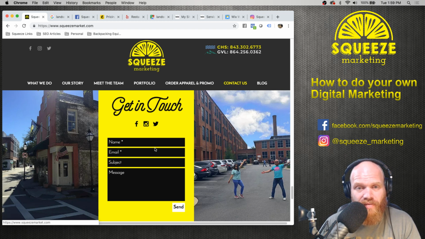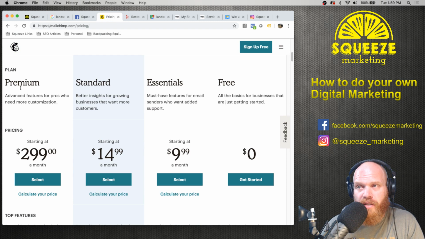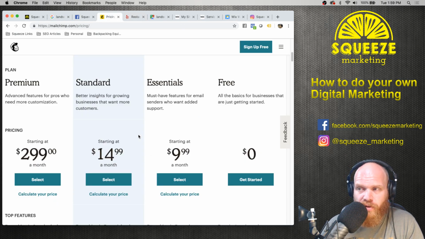As you collect that list of emails, you can sign up at a platform, an email autoresponder or auto email or however you want to call it. MailChimp is one of the popular ones. We've used MailChimp before. You can see, don't worry about this premium, but the standards or essentials that they've got, you'll see a lot of prices for these email services that are right around these dollar amounts. Again, pretty low cost, similar to the cost with getting a Wix website up and live. So when you go to these services, you can check out MailChimp is one we've used. There's quite a few other ones out there, but I think there's 2 or 3 that are the primary ones in this sector.